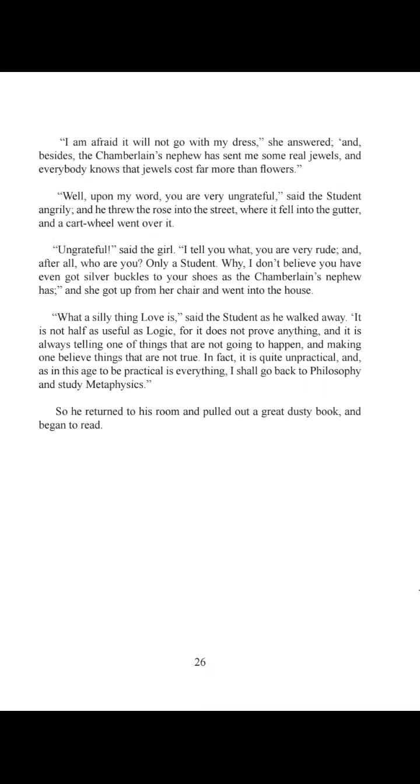So the writer has introduced the red rose as a symbol of love. Just by offering that flower to the girl, he is inviting her to dance with him. But unexpectedly, the girl is refusing his invitation. She is accusing him. She's telling him she has received some real jewels from the Chamberlain's nephew. And she's saying jewelry costs more than the flower. And then secondly, she is telling him,